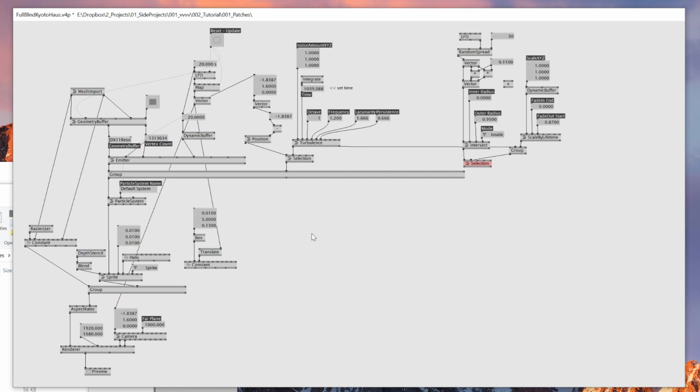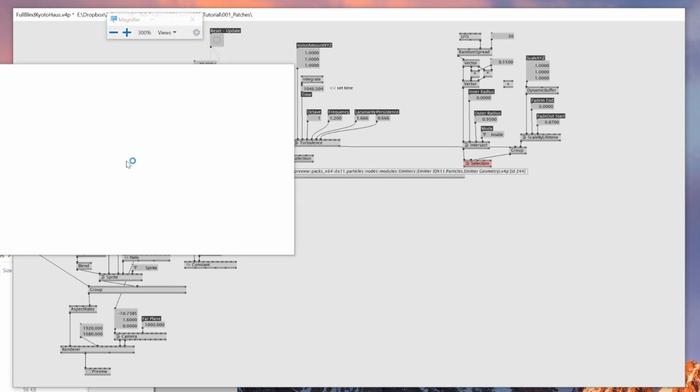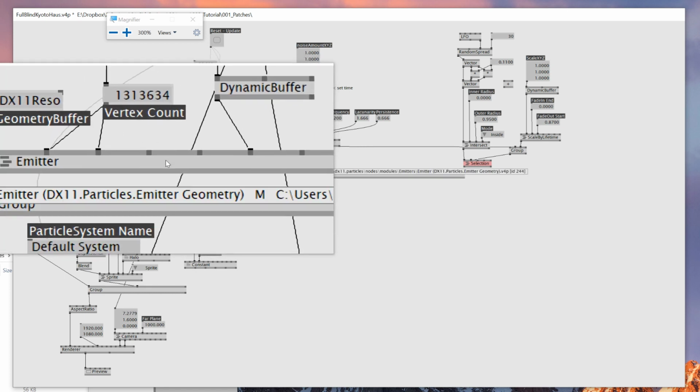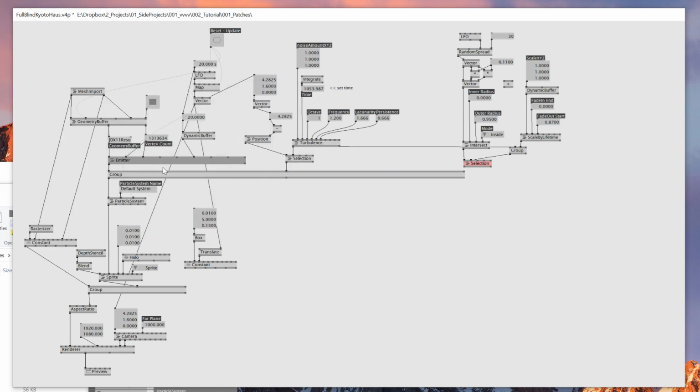So this is how the patch looks at the moment. I'm basically using the DX11 particle emitter geometry. What it does is you can import a geometry and convert the vertices to particles. So this is the one that we're going to be using. And in addition to that, I have a few different things. This one is the one that's adding the turbulence. And I also created a different type of technique, so by changing the one from this one to this one, what it does is